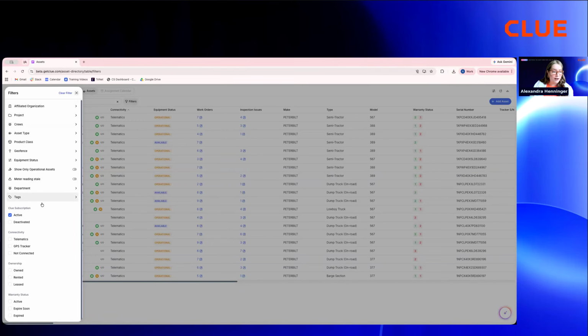But if I were to just go down and click on rented, that's going to bring up specific details about what I already have. And the great thing about this is that any filter that you select on here is going to stick the next time that you log in. So you're not having to come in here and reset your filters every single time. The other quick tip is that if you are needing to look for something different, remembering to come up here and click on clear filter is going to be that kind of magic button. If all of a sudden you're like, wait a minute, I'm actually not seeing what I'm expecting to see here, and I know that I have these things, go ahead and remember to click on clear filter